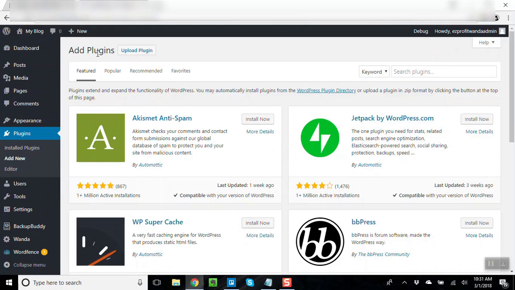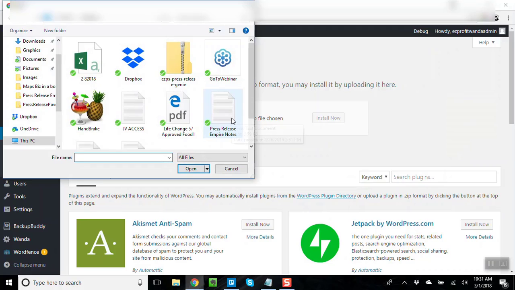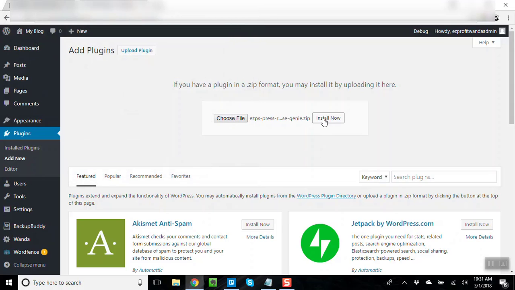Up here on the top left hand corner we want to click upload plugin. We're going to choose file and notice that's going to my desktop, and here is my plugin. Now please notice the plugin is still zipped up. When you downloaded it to your desktop it was in a zip file. Do not unzip it. It gets unzipped automatically. So we're going to choose that, install,